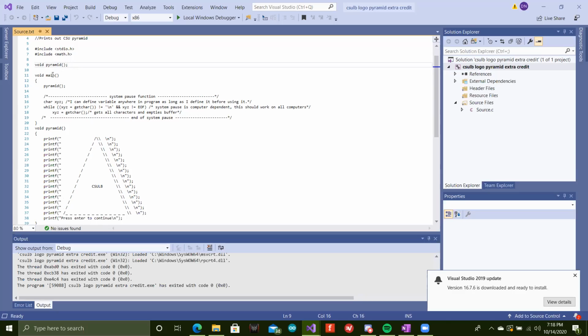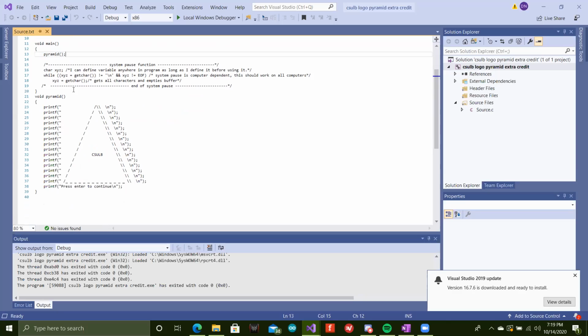And then in the body of code, void main, everything in between this bracket and this bracket is the main body. The first line in main, I typed pyramid parentheses. What this does is call the function. So now the code jumps down through the script until it finds that function. Right here it finds the function, and everything in this function is between this bracket and this bracket. And here, for the basic purpose of showing how the function works, I used printf and basically drew out